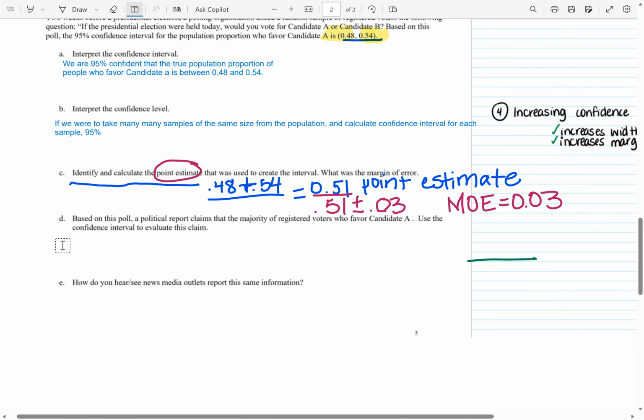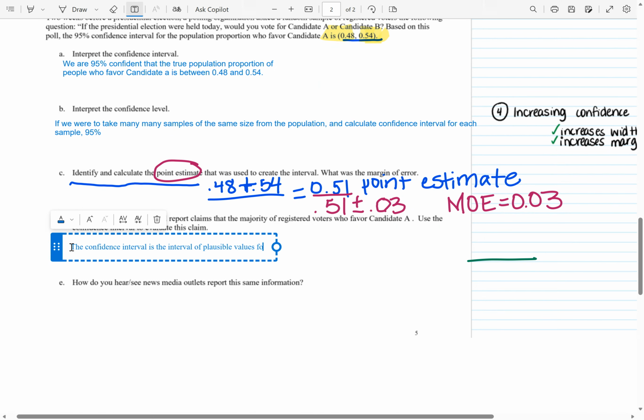So I would say that the confidence interval is the interval of plausible values for the true population proportion. Well, 0.51 to